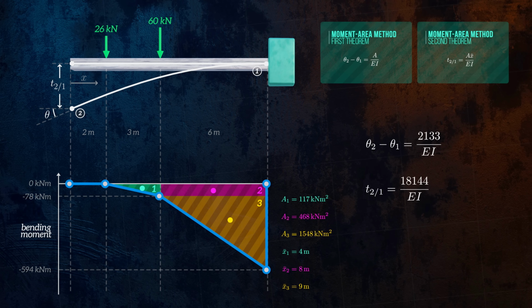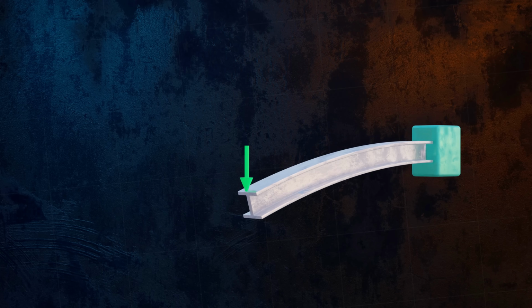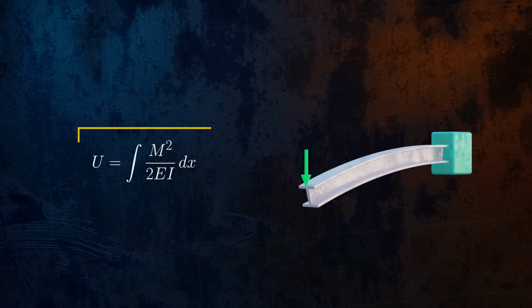There's one last approach to analyzing the deflection of beams that I'd like to cover, which is an energy approach that uses the concept of strain energy. When a body is deformed elastically, energy is stored within it in the form of strain energy. For a beam deformed by bending, the strain energy is a function of the bending moment, and it can be calculated using this equation. It's common to neglect any shear deformation and assume all of the strain energy is coming